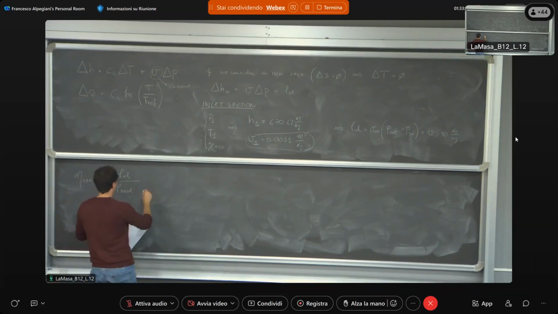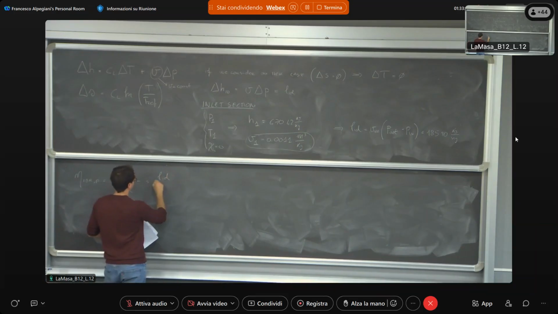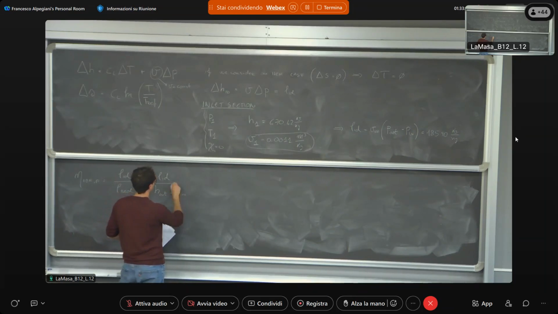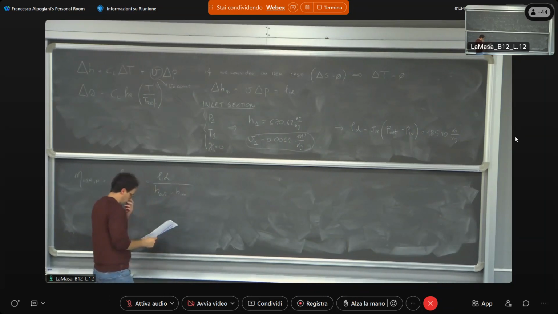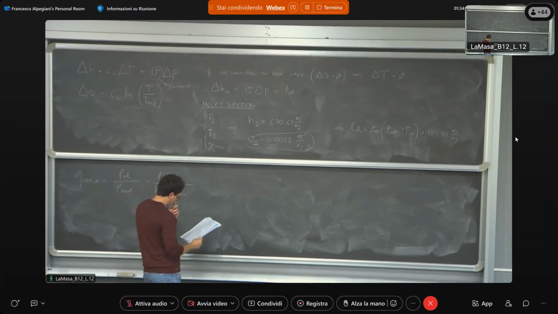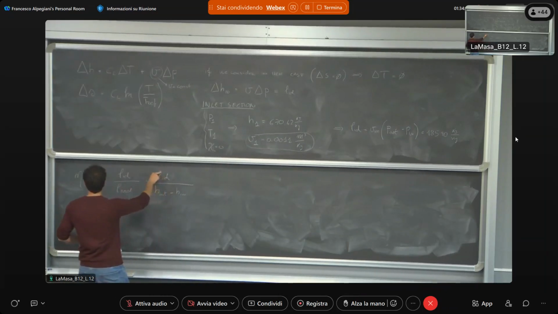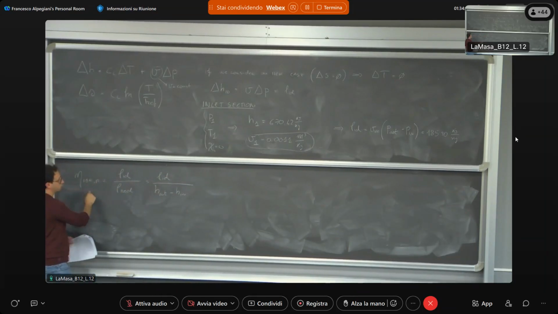So, which will be equal to the ideal work divided, yes, H. This is the specific work, so H out in the real case minus H in. So, the ideal work, you have evaluated the ideal work before, the hydraulic efficiency of the pump is given, the